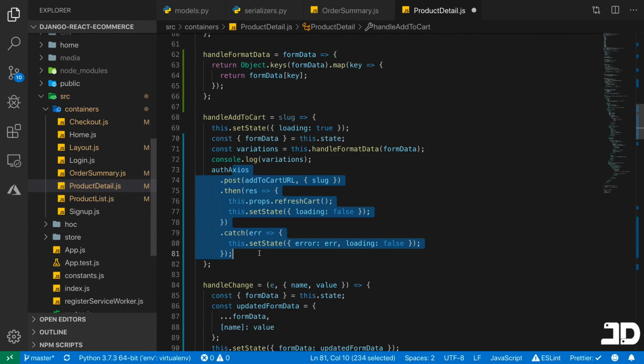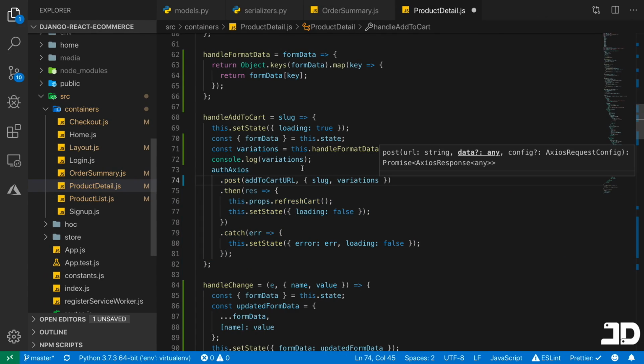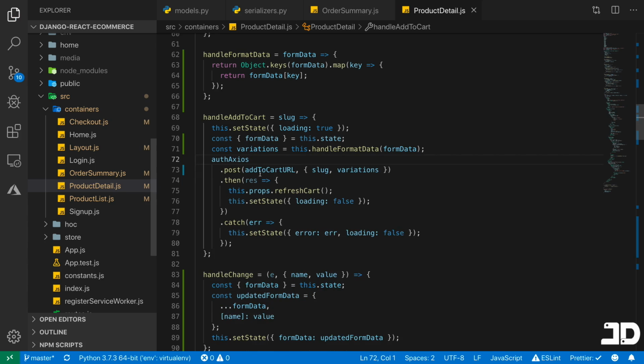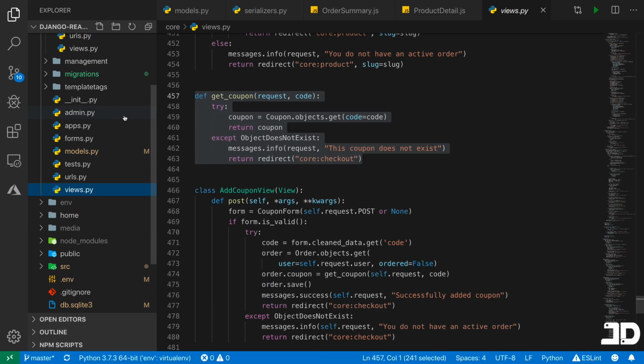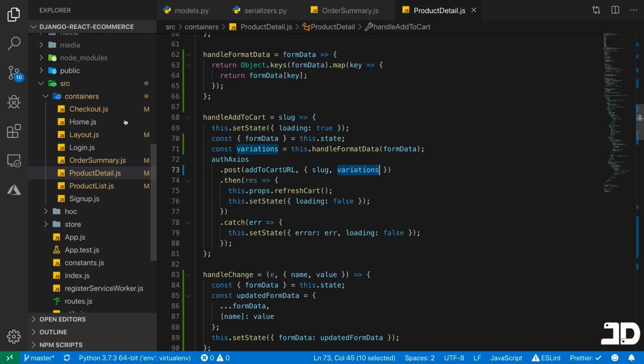So I'm going to uncomment this. And then the variations we can pass in as some data in our request and keep everything else the same. So now we just need to make sure that our view actually receives this data and does something with it. So that's going to be inside our view. So we can, not in here, but in our API